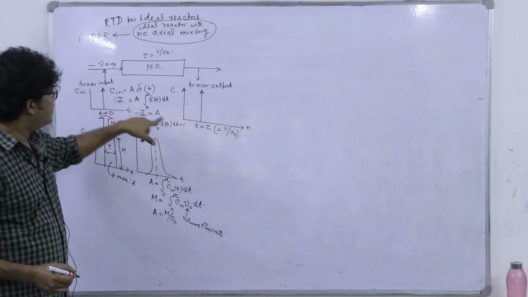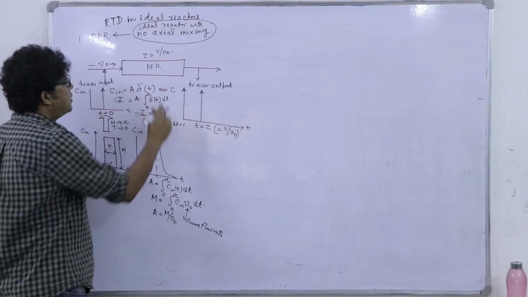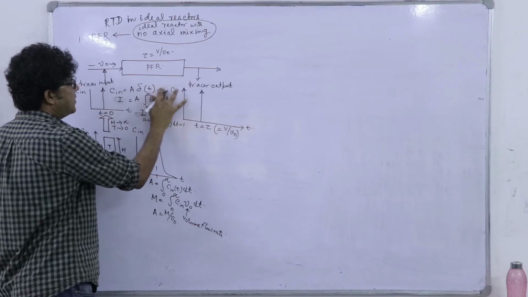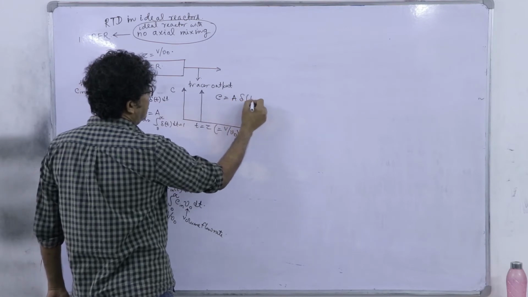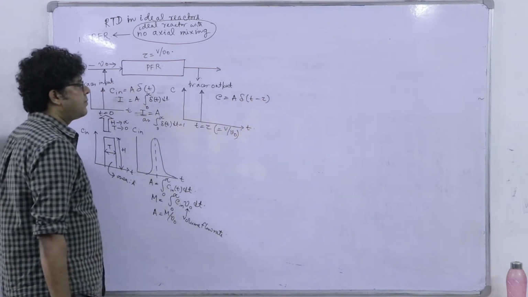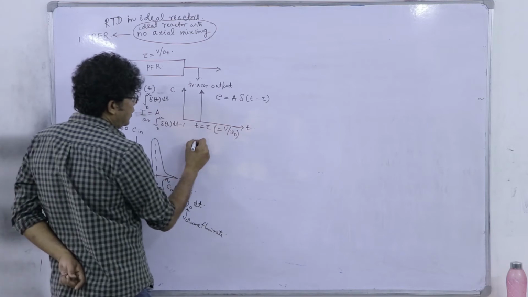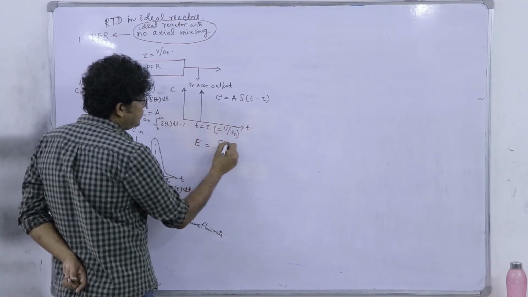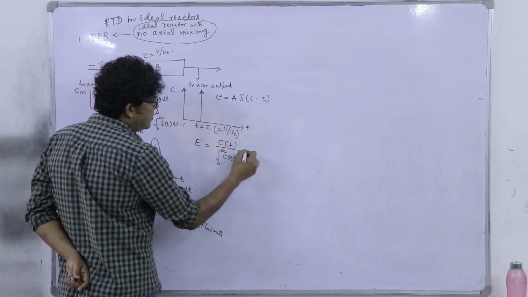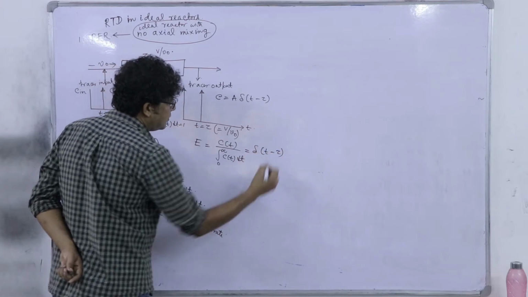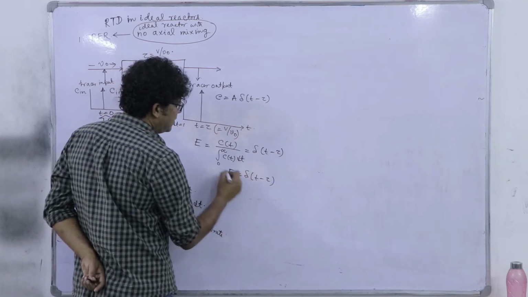Now, if I divide it by the area, the same spike, C is basically the same, but there is a difference. Actually, we cannot write it that way. C we can write as A into delta of t minus tau, because it has been delayed by time t equal to tau. So E, which is Ct divided by the integral from 0 to infinity of Ct dt, becomes delta of t minus tau. So our understanding is that E equals delta of t minus tau, the Dirac delta function,